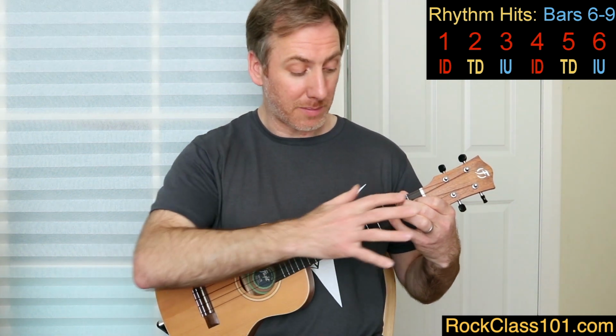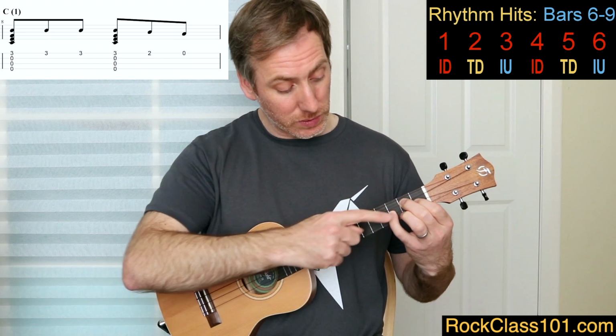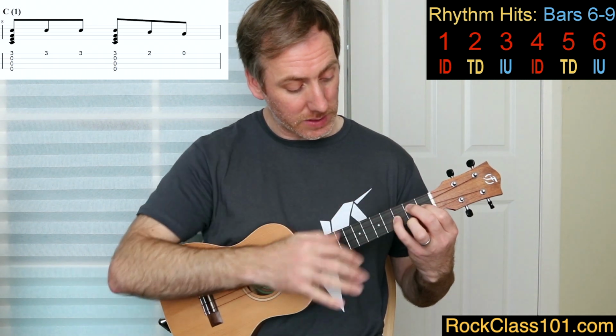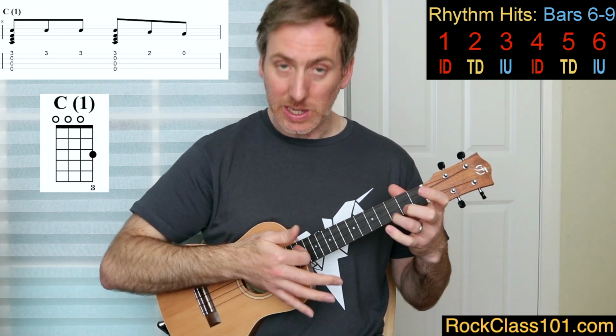okay. And then from this point here, we're then going to move to the 3rd bar of this B melody section by playing a C chord. So this 3rd finger, which is free here, we're going to drop this onto the 1st string at the 3rd fret and take these fingers off. So just drop that 3rd finger on there to hold our C chord,